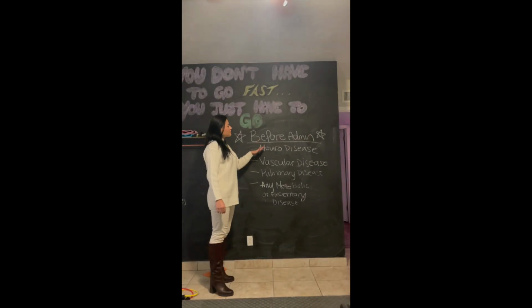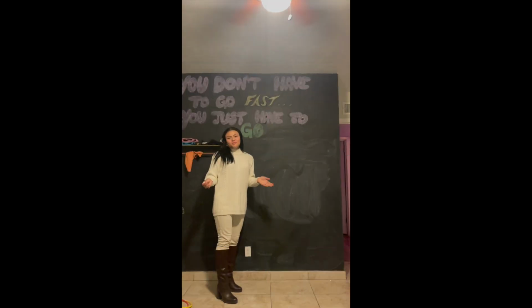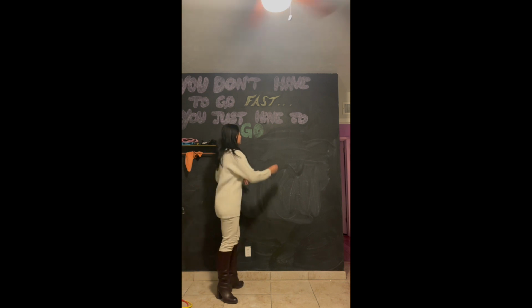amnesia. Before administering general anesthetics to your patient, you want to make sure that you're assessing for these contraindicating factors. The first, neurological disease; the second, vascular disease; the third, pulmonary disease, specifically obstructive pulmonary disease; and finally, any metabolic or excretory disease that may inhibit the removal or waste of the anesthetic from the body. A helpful mnemonic that you can use to remember these contraindicating factors is